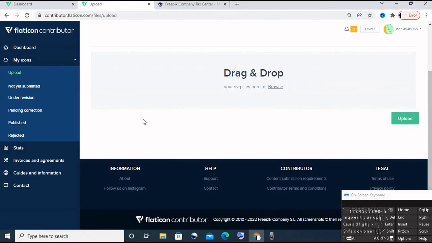So then you re-upload the image you just downloaded. Once you upload it, you have the ability to submit the new icon you just downloaded. That has been your first